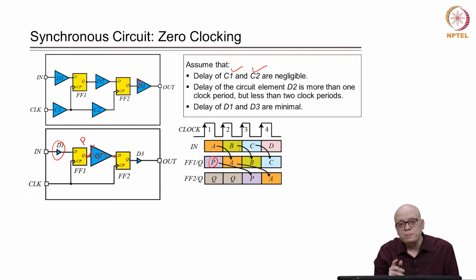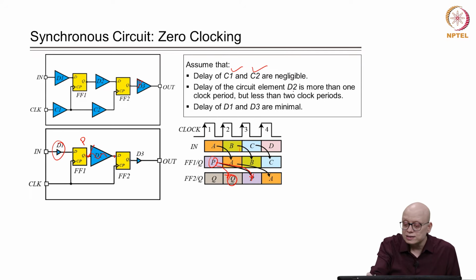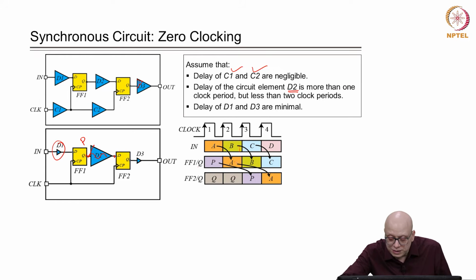So, it will not be captured in the next clock edge, but in the next to next clock edge, and therefore, it is not captured. Ideally, it should have been captured at this point, but instead of being captured here, it will be captured in the next to next clock cycle. Why? Because the delay of element D2 is more than 1 clock period, but less than 2 clock periods. Similarly, A will not be captured in the next clock cycle, but in the next to next clock cycle,